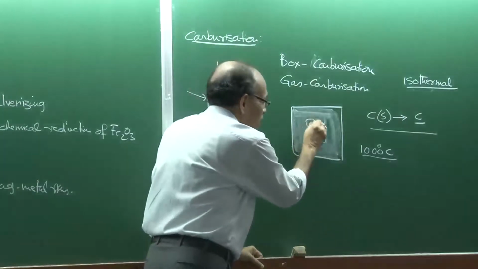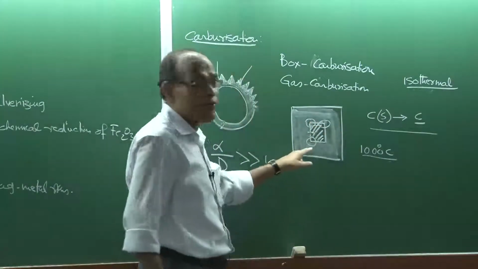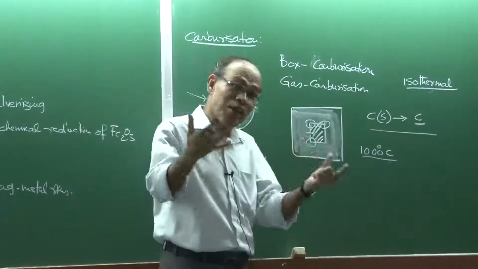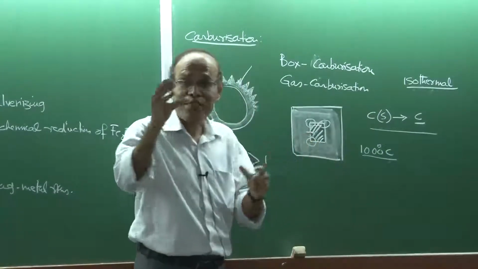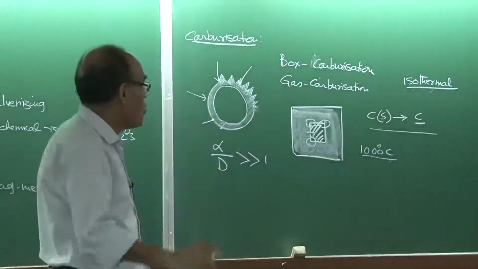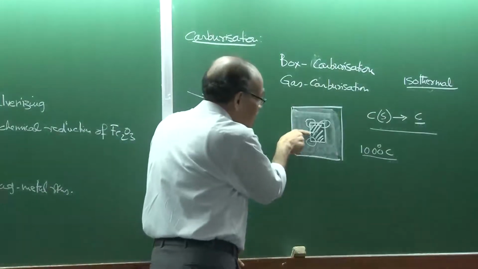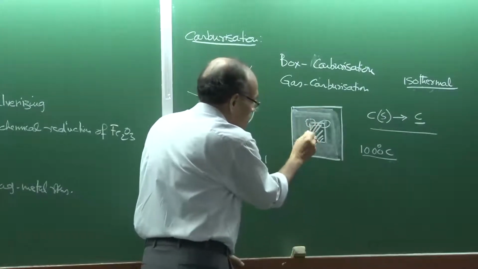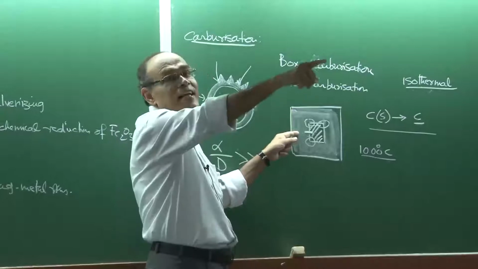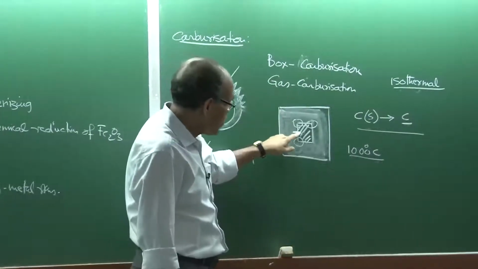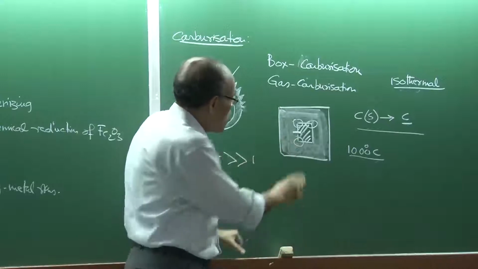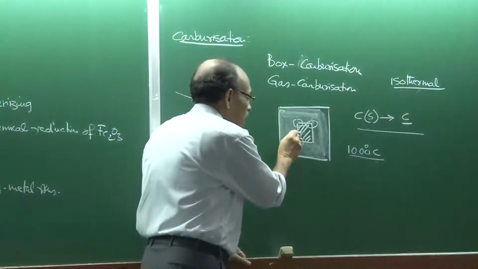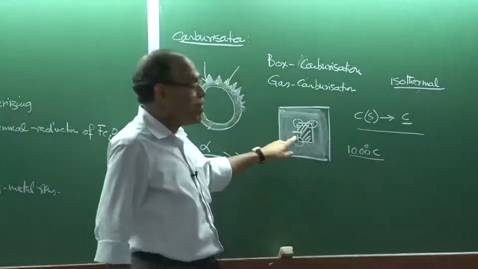So in the corner regions, the two-dimensional effect will come, and strictly speaking, this would require a two- or three-dimensional solution, because the actual sample is three-dimensional. But at the center point, which is far away from the corners, diffusion will be predominantly along the x direction. So if the length of the sample is higher than the thickness, we can approximate that at this particular point